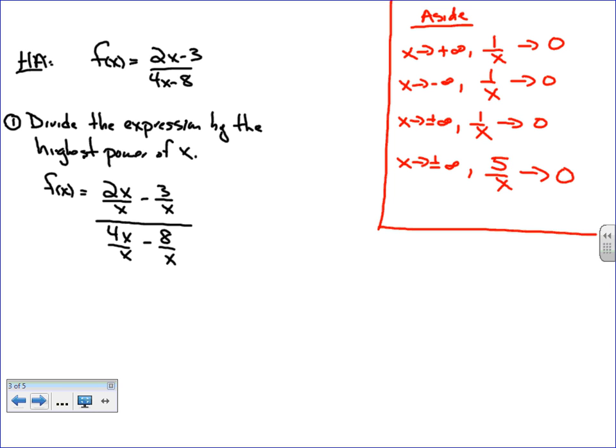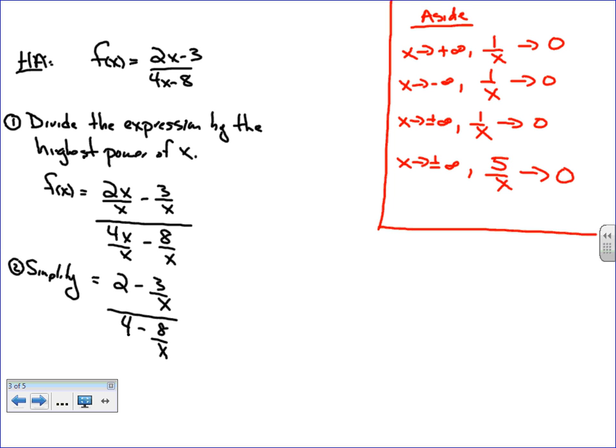Okay, once I've done that, my next step is to simplify. So to simplify, 2x divided by x is 2. 3 divided by x can't be simplified, so I just leave it. 4x divided by x is 4. And negative 8 over x can't be simplified, so I leave it like that. But now I have it in a form in which I can identify the